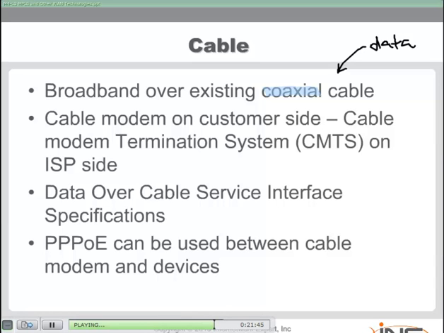This is brought to you thanks to the use of a cable modem on the customer side, and then on the service provider side, we have what's called a cable modem termination system, or CMTS. Your modem technology utilizes what is called DOCSIS, which is Data Over Cable Service Interface Specifications. So your local cable modem is going to use the DOCSIS standard to make sure it functions properly over this